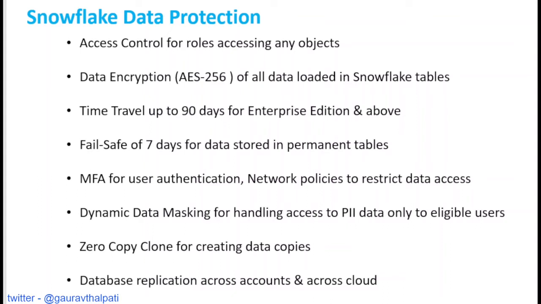Network policies. There are network policies to restrict the data access. You can restrict certain IPs. You can block certain IPs. So do all that. If you're within an intranet, you can have that kind of mechanism that within your company's VPN you only allow those IPs. So this is an additional safety net to ensure that someone who is not supposed to access the data, even if they get hold of someone's credentials, should not be able to access this data.